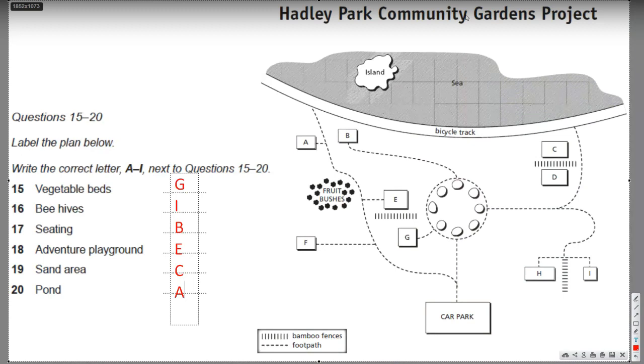You go. Answer questions 15 to 20. Okay, Group B, your turn. Does everyone have a copy of the plan? Oh, great. Okay. We'll all be meeting in the car park.